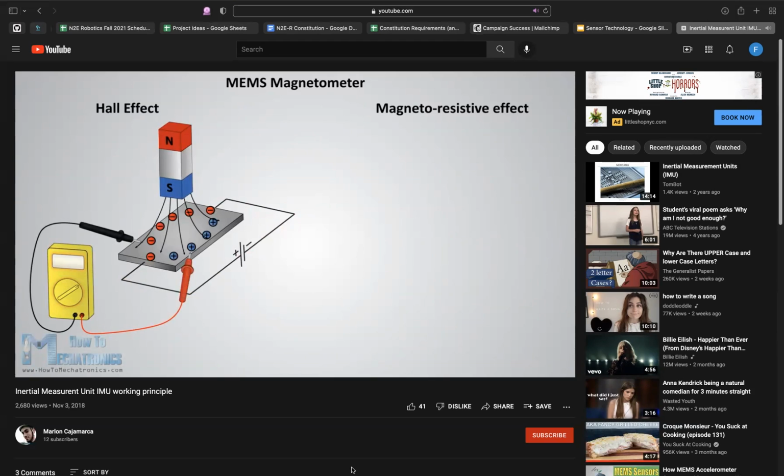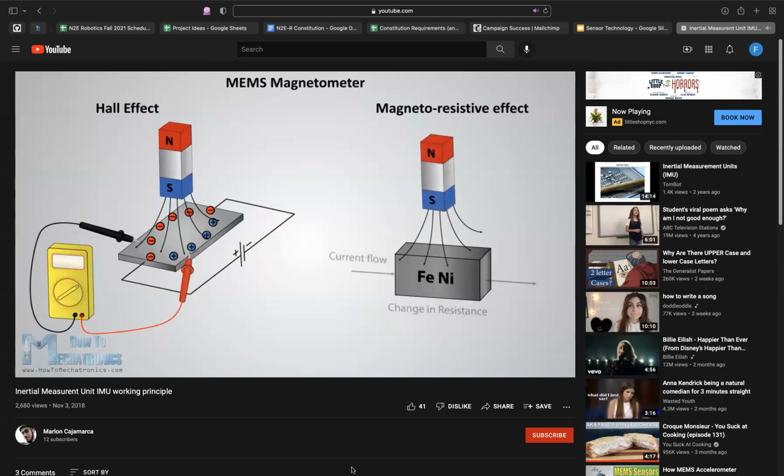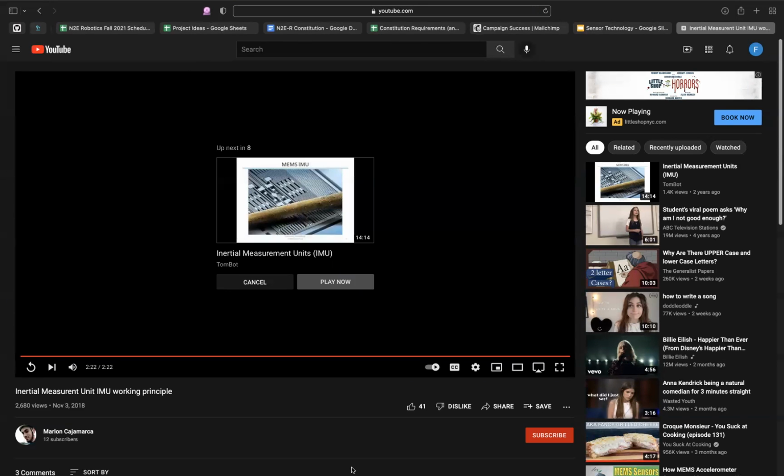The other 10% of the sensors on the market use the magnetoresistive effect. These sensors use materials that are sensitive to magnetic field, usually composed of iron and nickel. So when these materials are exposed to magnetic field,